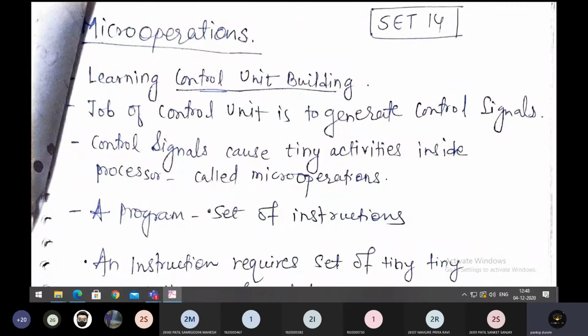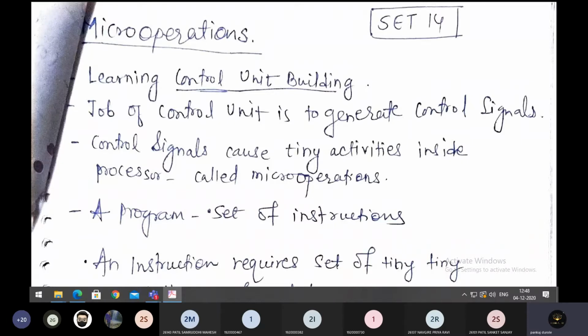We know that while executing the instruction, the very basic operations that we do are calculating the address of the instruction, then fetching that instruction, decoding that instruction, then calculating the address of the operand, then fetching that operand. If there are multiple operands, we repeat that process.